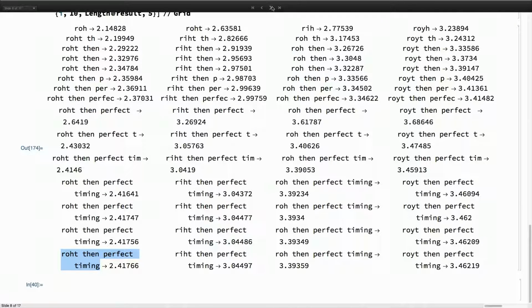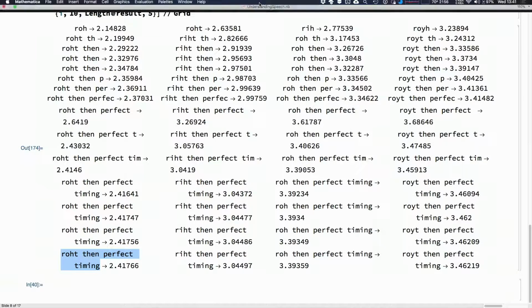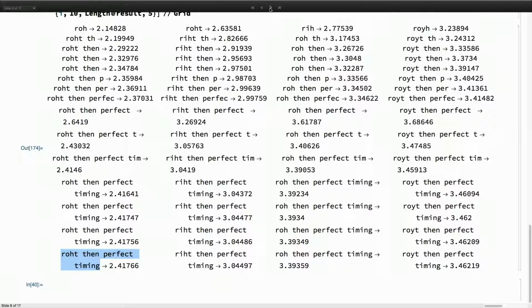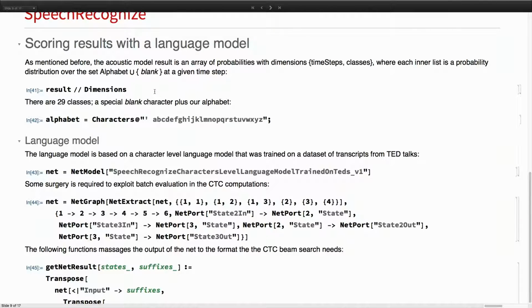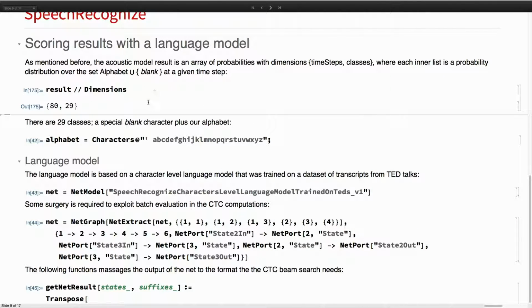Now, if you remember, the third result that I gave with SpeechRecognize was much better than this weird sentence. That is because this output is then filtered by a language model that takes into account knowledge about the language that was spoken. So again, this is a modified beam search decoder. We have our probabilities out of the acoustic model. The second dimension of this matrix is 29. This is the number of classes that we are considering, which are the characters from this alphabet, plus a blank character.